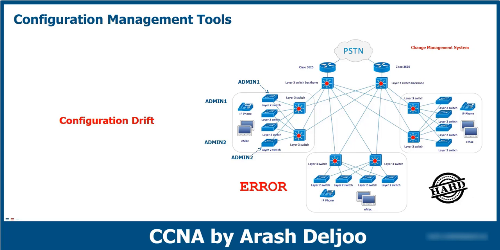In some companies, when they encounter this dissimilarity between the change management system and the device, they choose the latest version of the change management system, and some of them maybe choose the configuration in the switch. Finally we can say we will have many problems because of configuration drift, and this is a fact that per device configuration will finally result in configuration drift. Maybe you think that